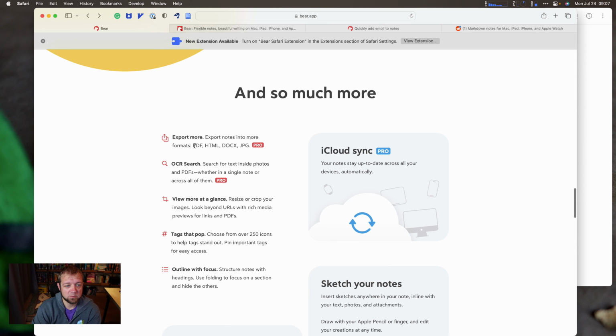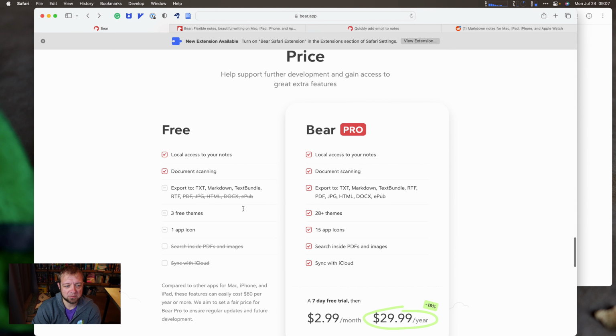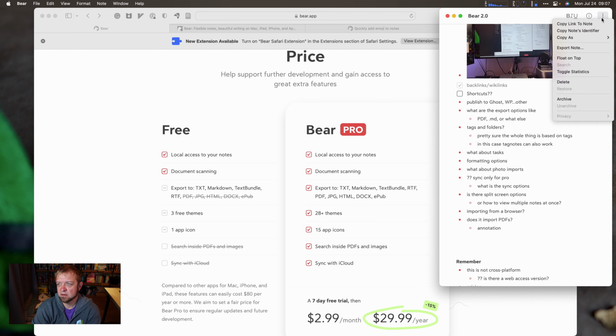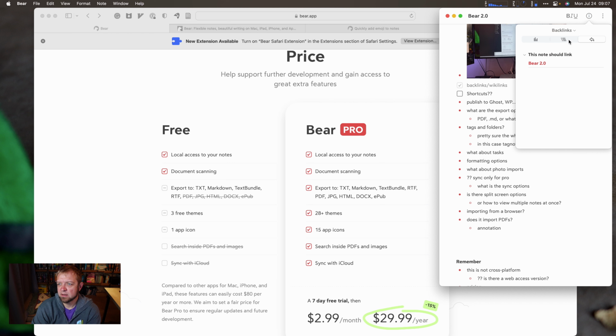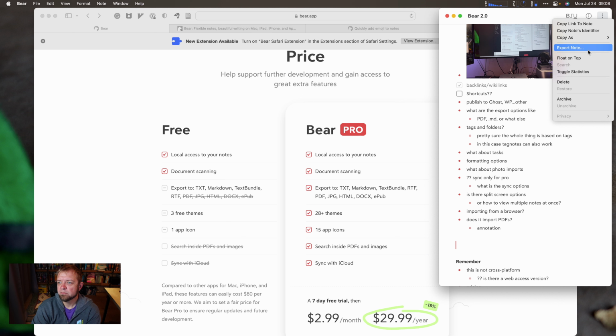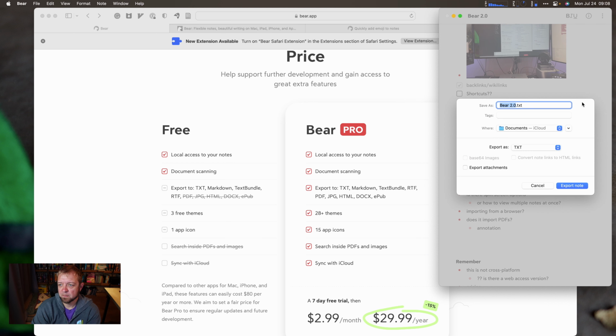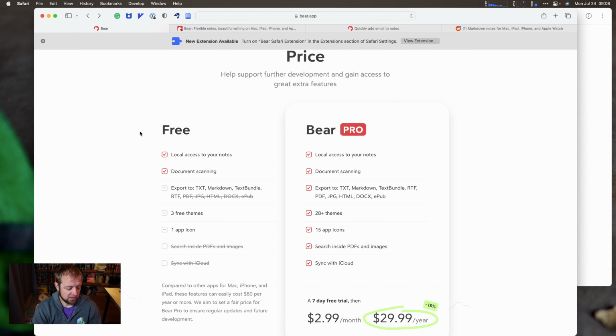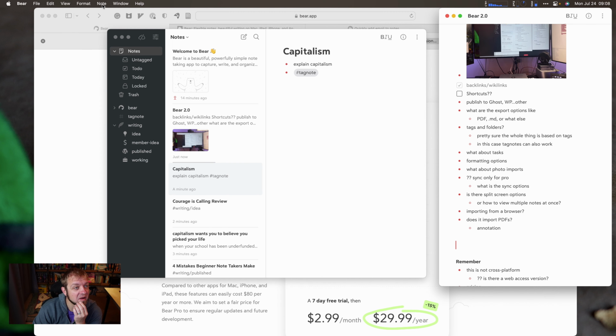All right. Export, they were down at the bottom, was a better chart. You can export to text. How do we export? Let's come back here. And no, backlinks. How do we export? Export note. I can go where? Text, markdown, RTF, Bear note, which is probably their own text-based format, EPUB. All right. Is there an import? That'd be interesting. Try this live. How does it import my